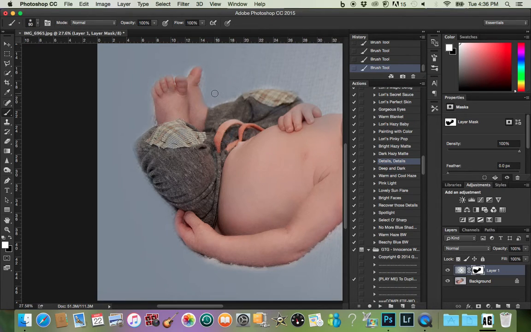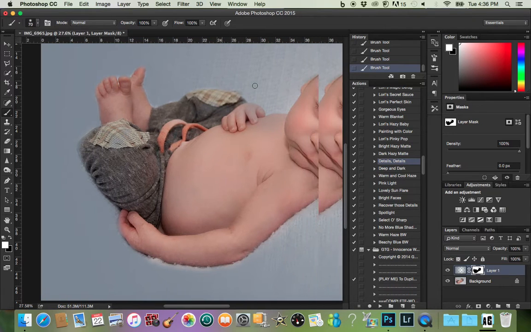And I will paint back on the gradient a little bit. And I can just keep switching back and forth by clicking X. And erase, erase, erase, erase, erase. Now I'm not going to make this perfect because I'm a perfectionist and I could be here all day, but once I have it basic to how I want it,